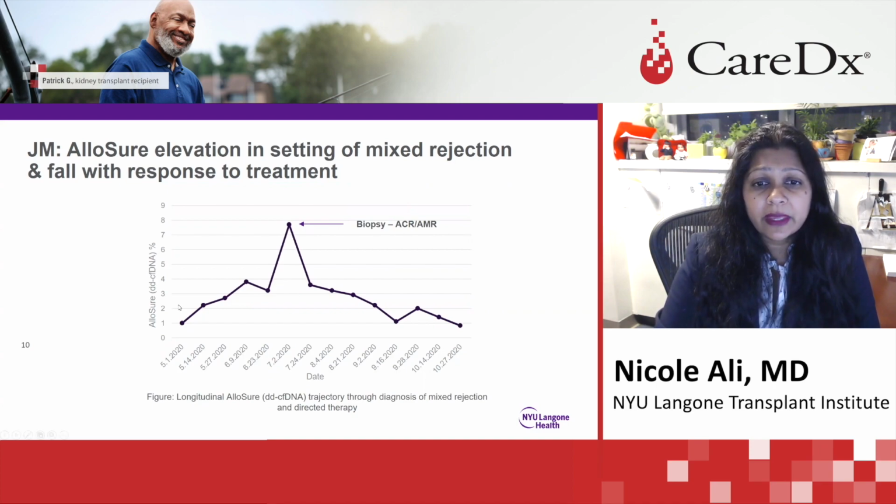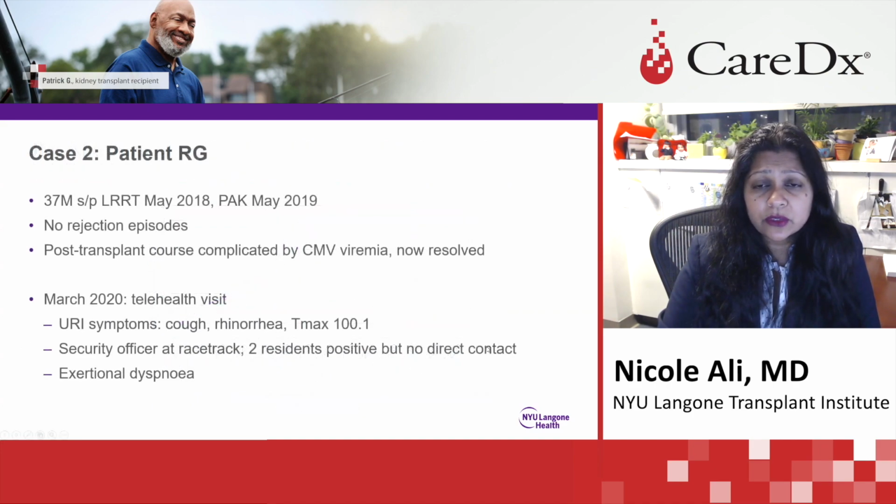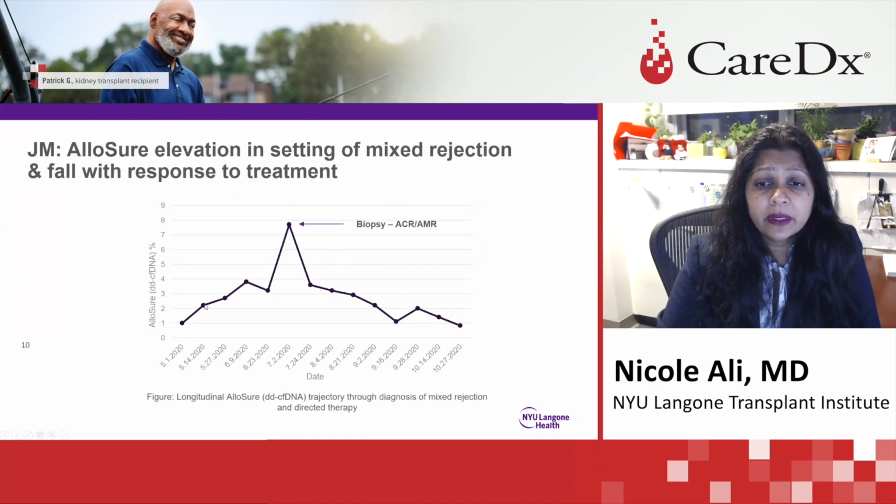With treatment of that with steroids, plasmapheresis, standard treatment, we see here that her AlloSure score has come down quite nicely, and it's now finally below 1. Her creatinine has actually also improved very well as her AlloSure score has improved with the treatment that we've given her. So, in this case, maybe were it not for the pandemic circumstances, an earlier biopsy may have helped us to identify that something was going on with this patient, and maybe we could have